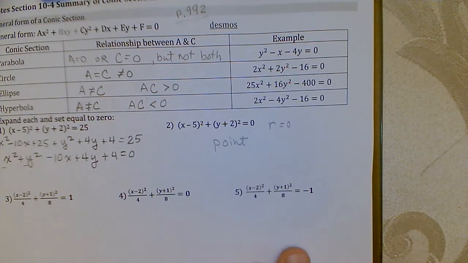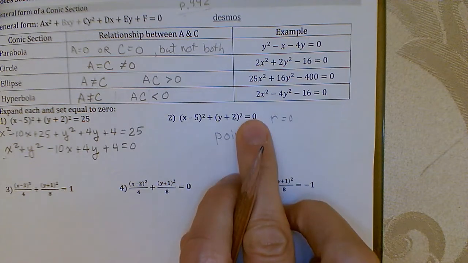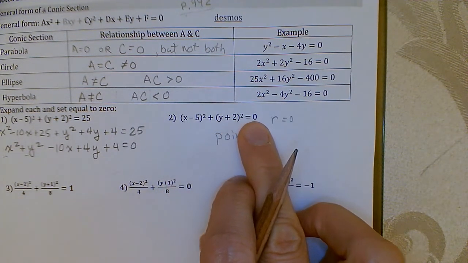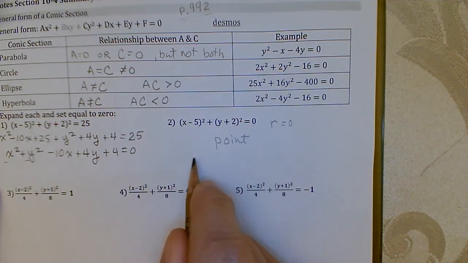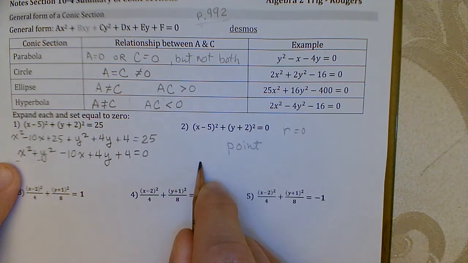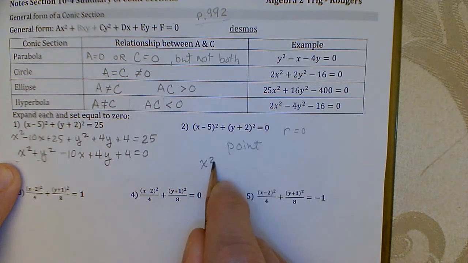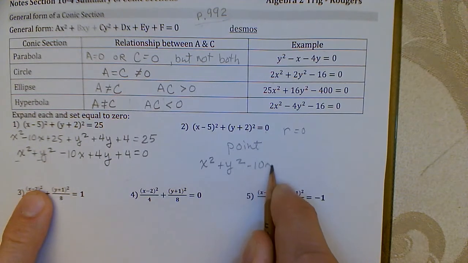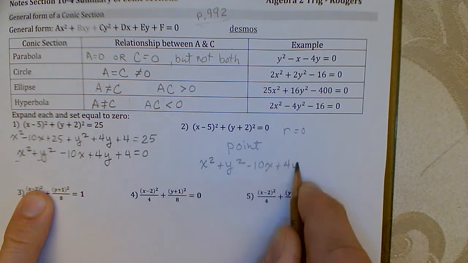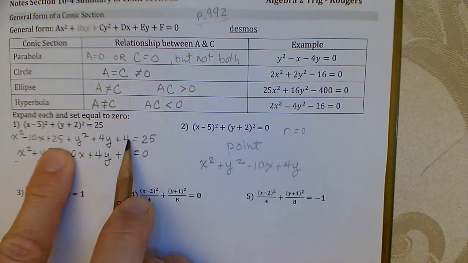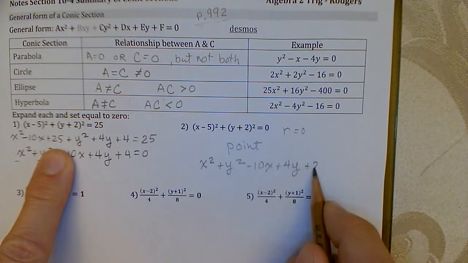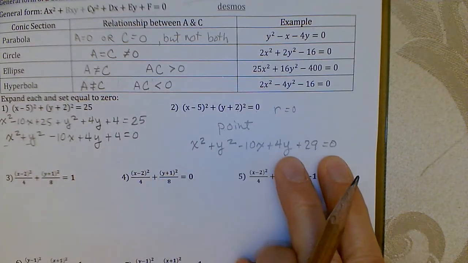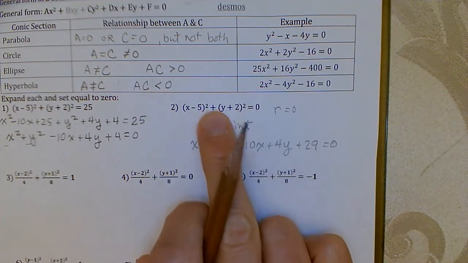Of course, we could expand that out if we wanted. But the whole point is you can tell that this is a point because in this form, it's set equal to 0. So if we expanded that out, it'd be similar to the one over here. We'd end up with x squared plus y squared minus 10x plus 4y, and then what do we have? We had 29. So plus 29 equals 0. Okay, so if we are going to expand it out and set it equal to 0, that's fine. But ultimately,